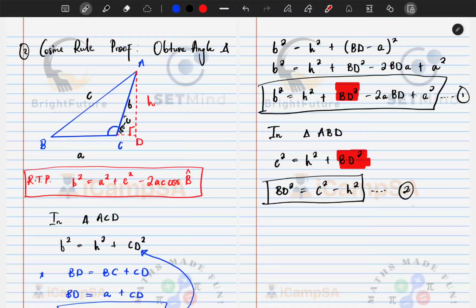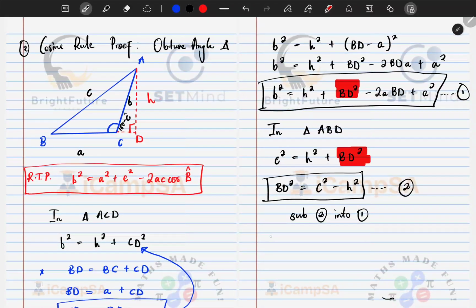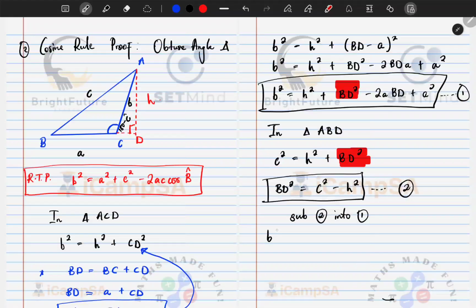So now let's see. I'm going to substitute equation 2 into equation 1, right? So now I'll be left with b squared is equal to h squared, and then because it's a positive sign there, I'm just going to write it as is. It's going to be c squared minus h squared, right, minus 2abd